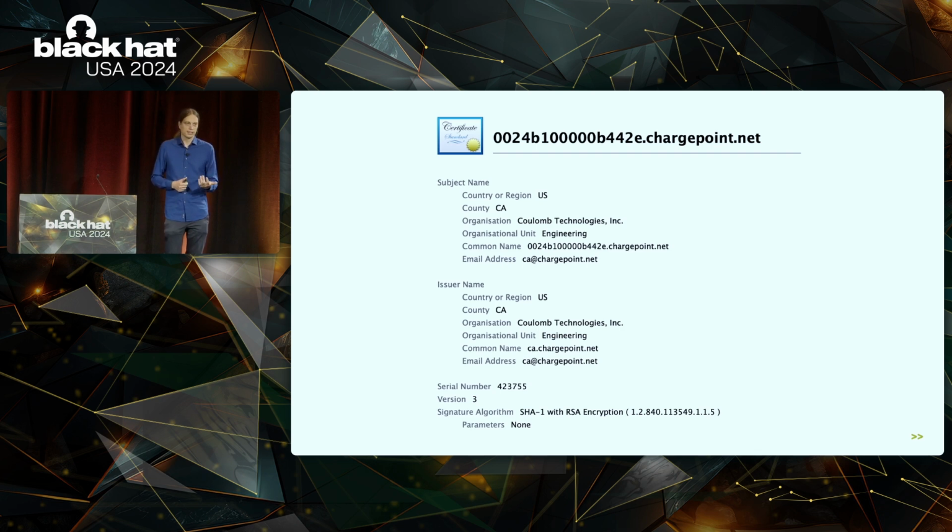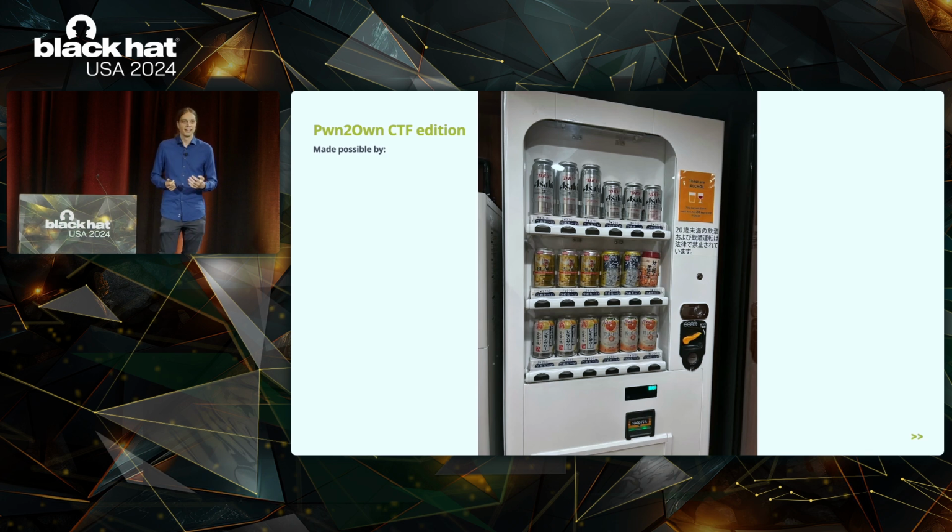Now, we had found this at like 11 p.m. the evening before our attempt, and this doesn't directly give us code execution on the charger, but it's such a powerful bug already that it was looking pretty likely that we might be able to find something new. And we stayed up the entire night hacking on this, and this was only made possible because, apparently, in Japan, in hotels, you can have vending machines that sell beer. That's not something you see in the Netherlands because of age restrictions. But with our change in this vending machine, we went through the night CTF style to find a new bug,